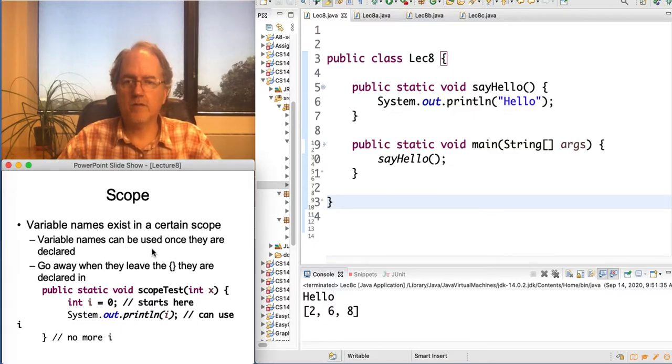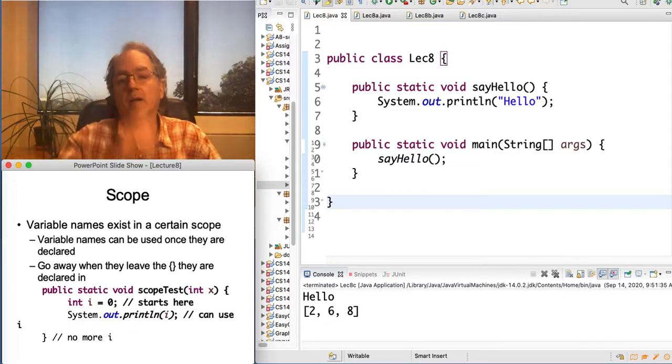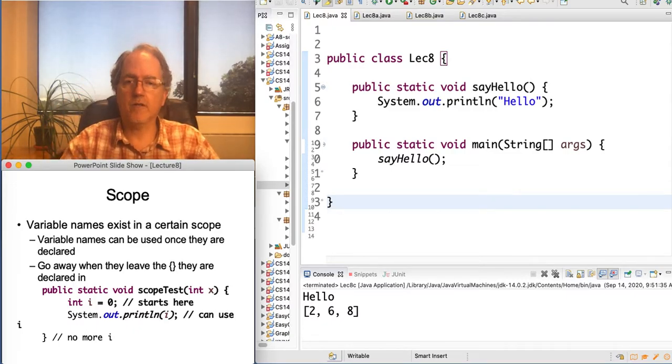You can use a variable name once it's been declared, and that variable name goes away when it leaves the curly braces or the code block or the scope in which they're declared in. So down here, for example, we have a method scope test, and we declare a variable here and initialize it. We can use it, but once we leave the curly braces that it's defined in, you can no longer use it. All right, so that part's pretty simple, but it has a lot of ramifications when you look at code,